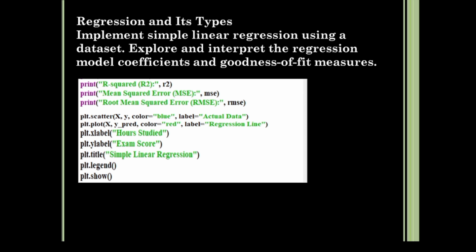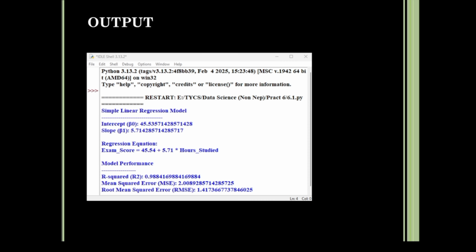So I'll show you the output. This is the output. You can see I have the intercept value and slope value. The starting score when hours is 0, and the increase in score per extra hour studied. Then we have R2 close to 1, that is 0.9something, which is a strong relation. It has low MSE and RMSE, that is a small error, so a good model. This shows a positive linear relationship between study hours and exam score. As the study hours increase, the exam score also increases. So model performance is good if R2 is high and RMSE is low.